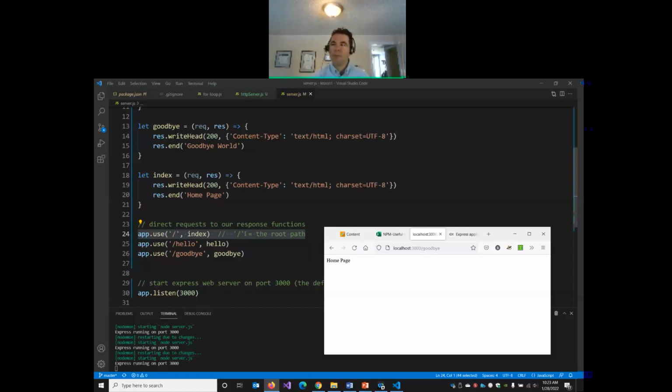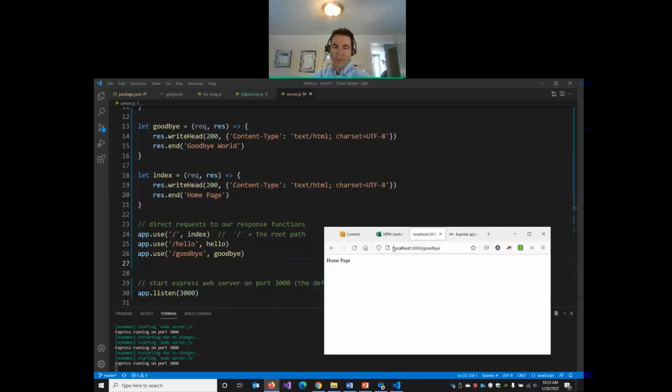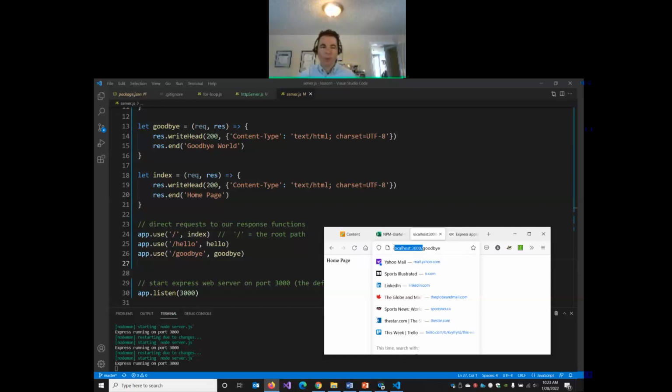Colton says it stops the other after it finds the first one. That's exactly right. So how exactly is it finding the first one? Well, let's look at the URL carefully. Localhost 3000, right? In our goodbye path, what's before the word goodbye? There's a slash. So as soon as it encounters this slash,